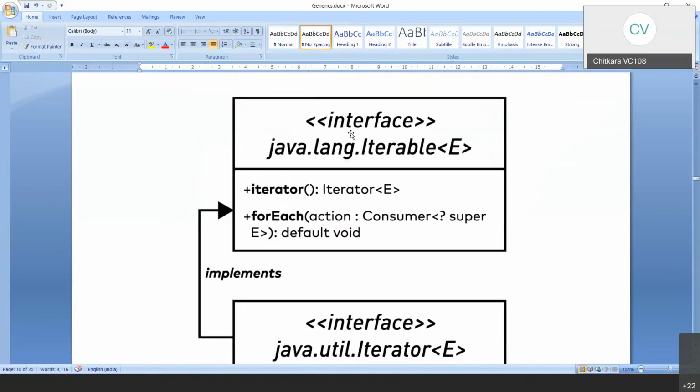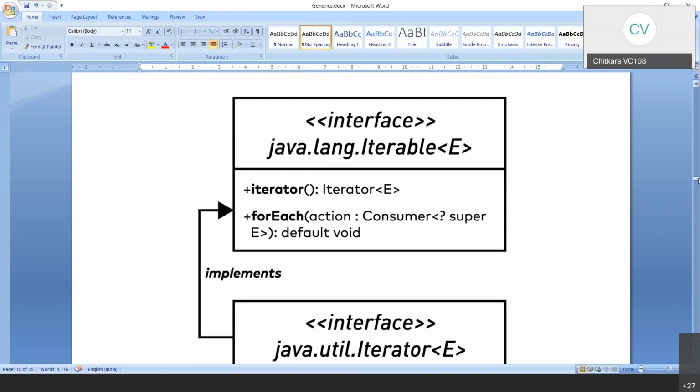There is an interface called java.lang.Iterable, which was taught to you yesterday. It has an iterator and provides the for each loop. It is an interface which is derived by all the collections.